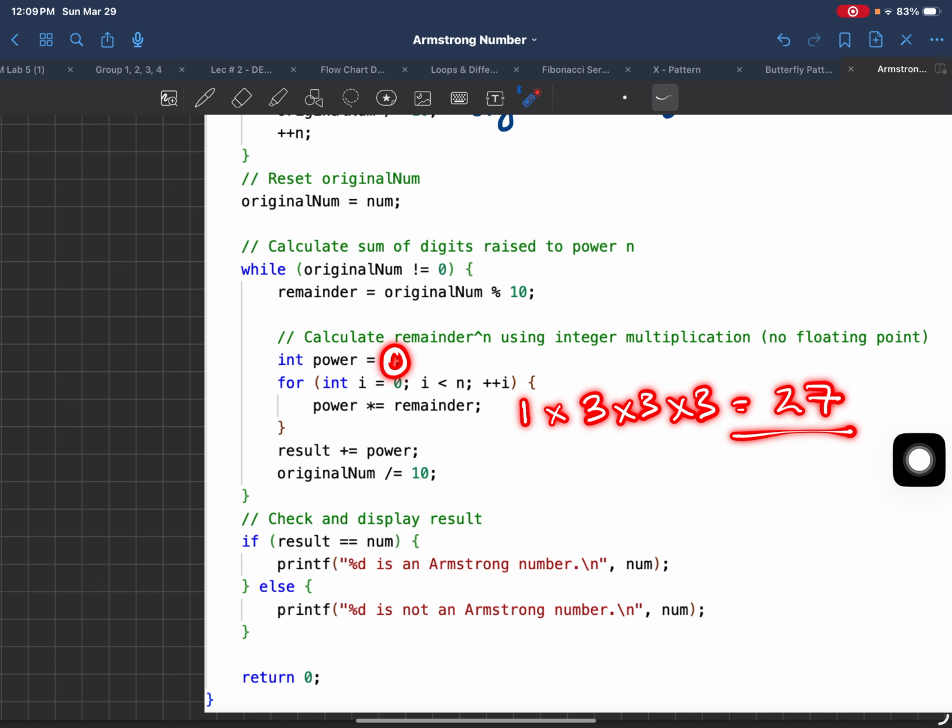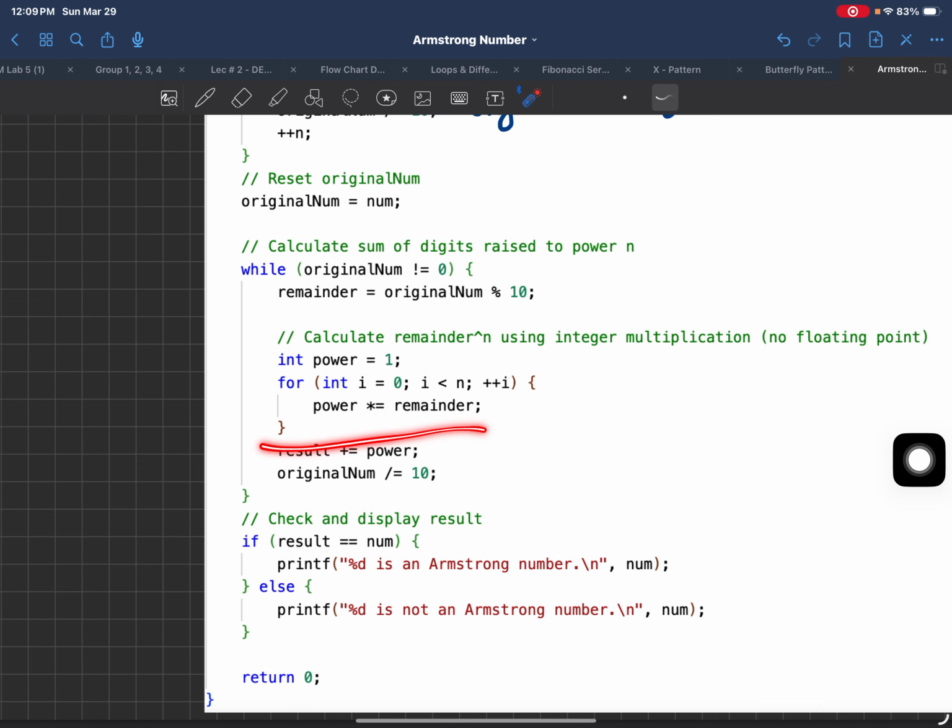Remember, never make this equal to 0, because if you make this equal to 0, then the answer will always be 0, because you are actually taking 3 times or whatever the number of digits are. So if you have 5, it will be 5 multiplied by 5 multiplied by 5, depending upon the number of digits. Otherwise, if you don't want to use this,